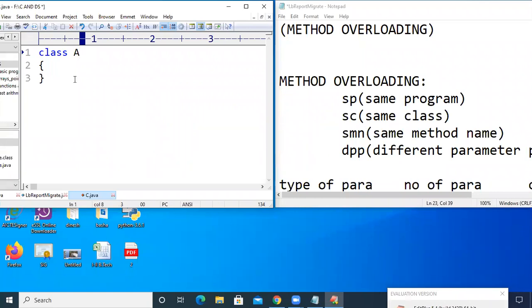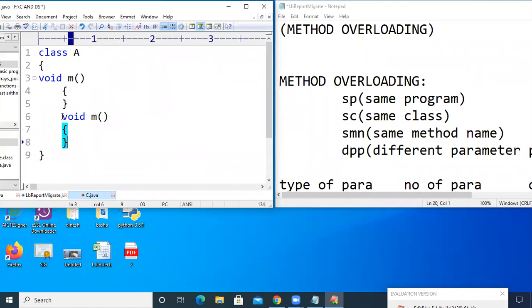Inside this class, we can write methods where both the methods should be of the same method name. For example, if I have declared something called void m, and the second method will also be with the same name, right?